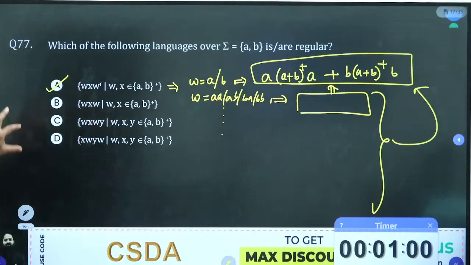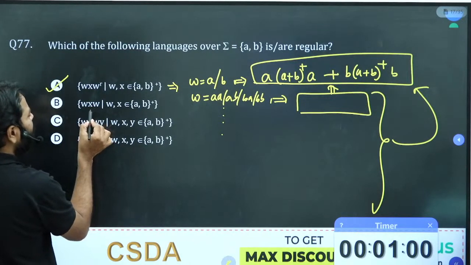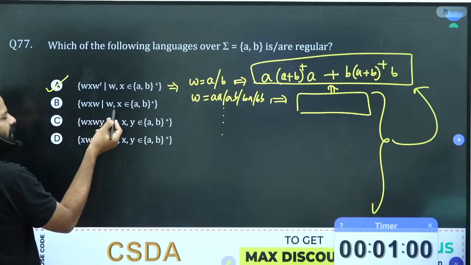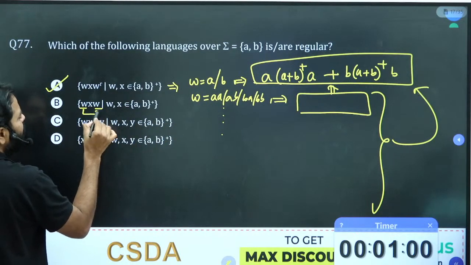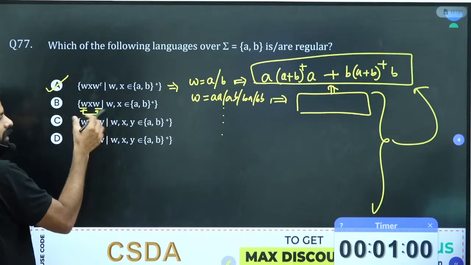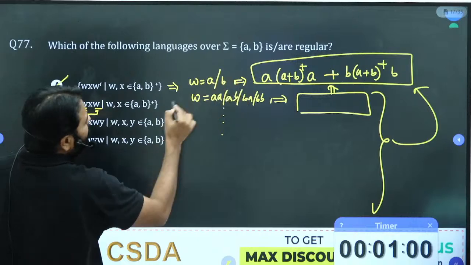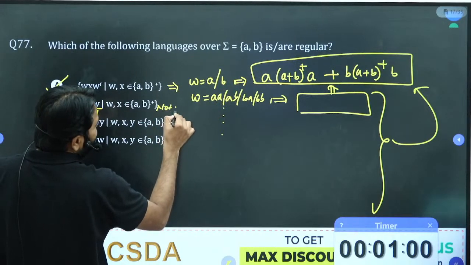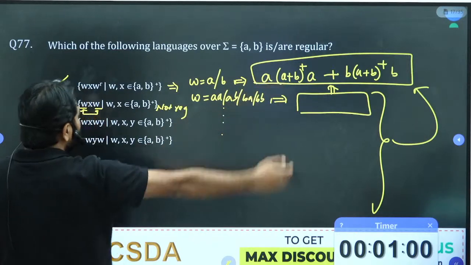Okay, and B is not regular, because if you put w equal to a or b, it cannot cover, and you cannot write an expression for this. These w's are always there, and this kind of dependence you cannot eliminate by substituting. Not regular. They're asking about regular. And for this I have already shown the regular expression. This was a regular expression.